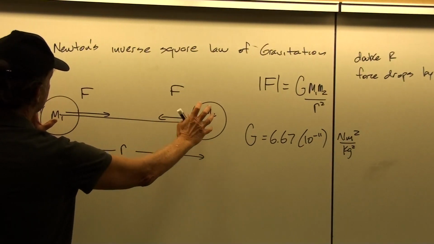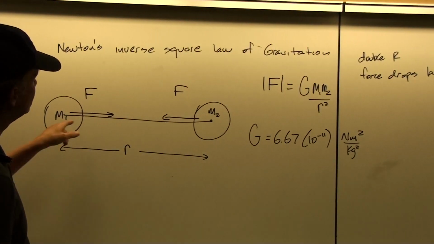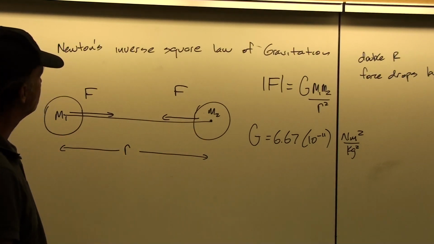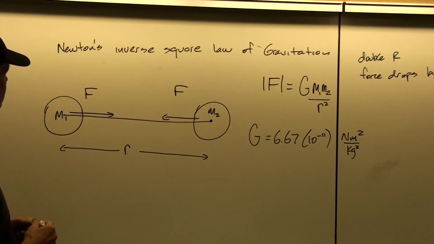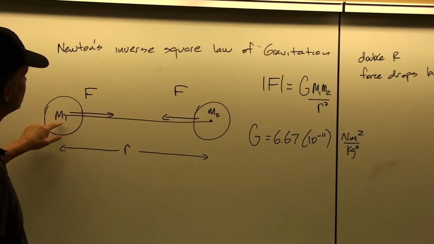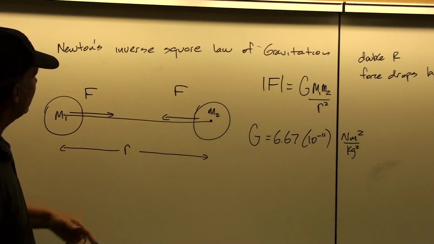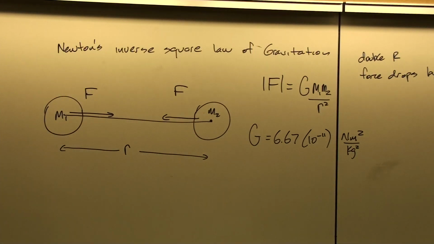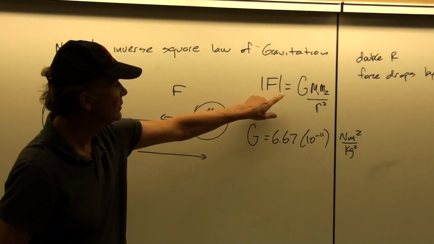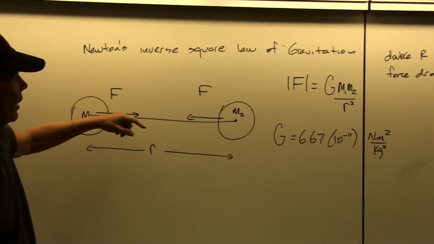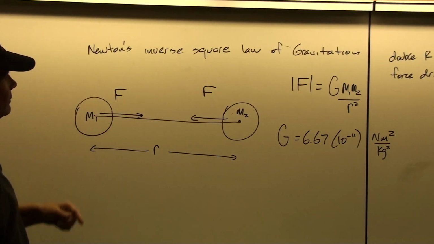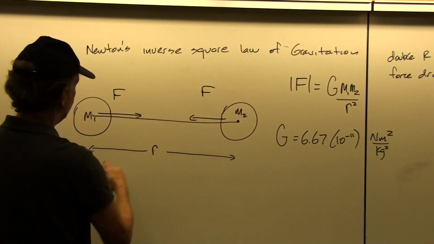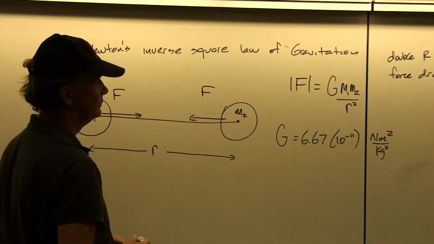These two masses could be tennis balls out in free space, or one could be the moon and one could be the Earth, or one could be the Earth and one could be the sun. As long as they're two different masses, we're just going from the center to the center. Because of Newton's third law, the force of m1 on m2 is the negative of the force of m2 on m1. That's why I'm saying here the magnitude of the force equals this. But the force always acts in a direction that makes it an attractive force, so that m2 is pulled toward m1 and m1 is pulled toward m2.